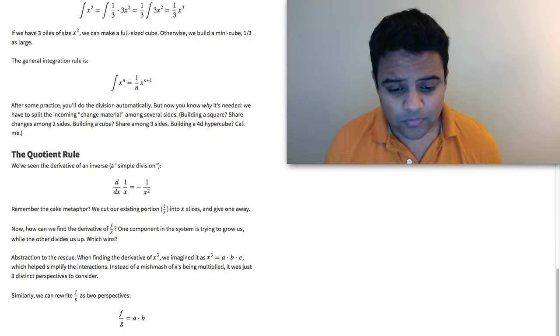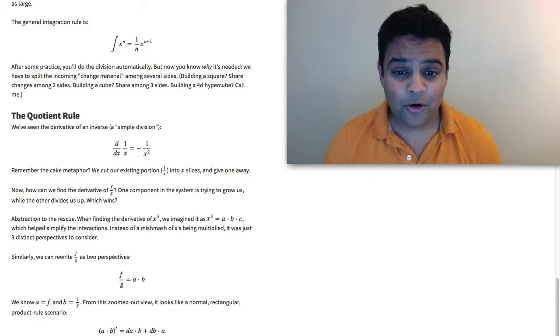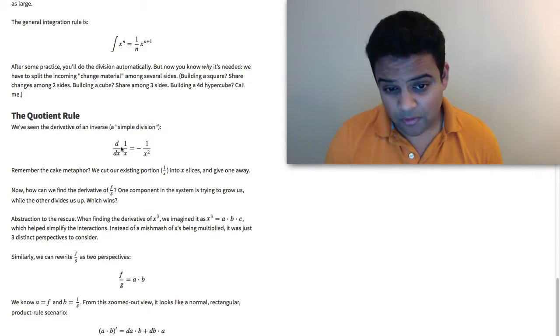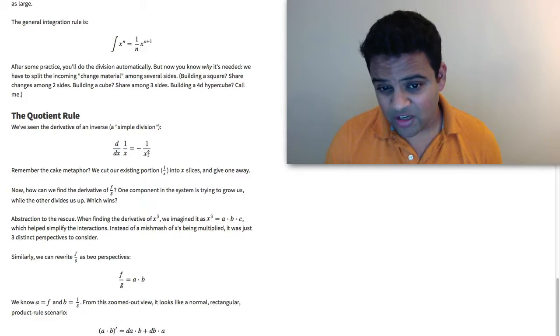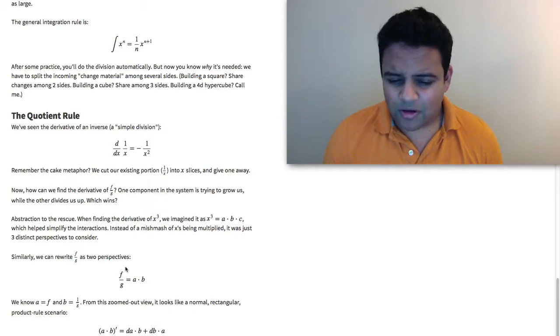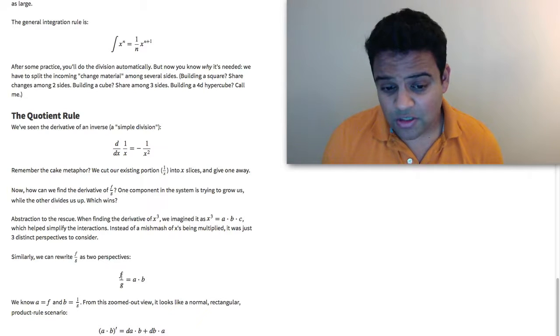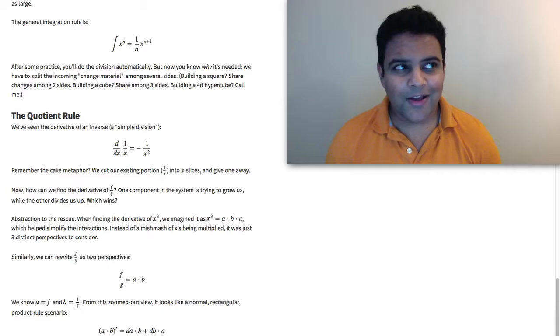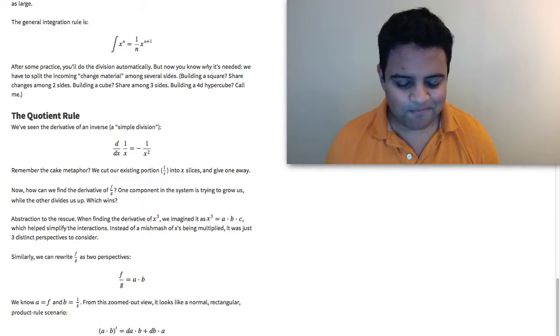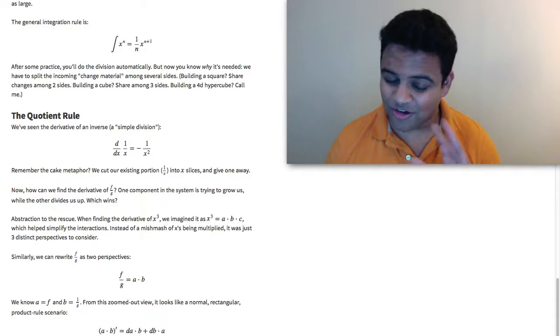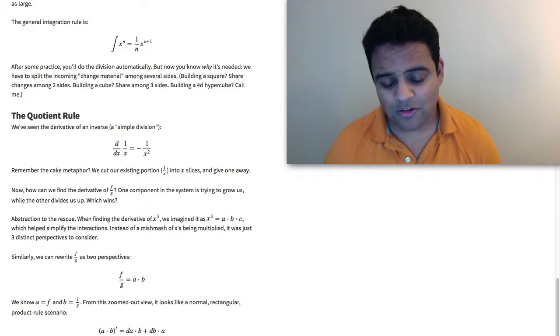Now, the last thing here is the derivative of powers. We saw before that the derivative of an inverse, 1 over x, was negative 1 over x squared. But then how about the derivative of a division? So it's f over g. How can we derive that? Now, I don't actually like this rule because I think it's kind of cumbersome, but we're going to go through it just because you're going to see it everywhere,